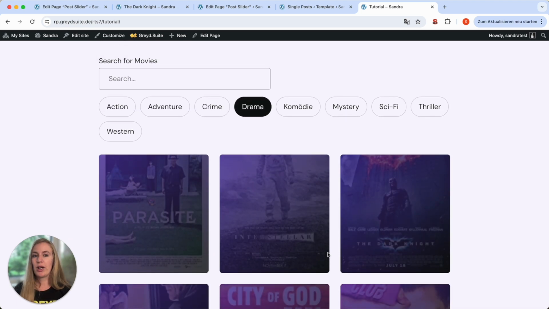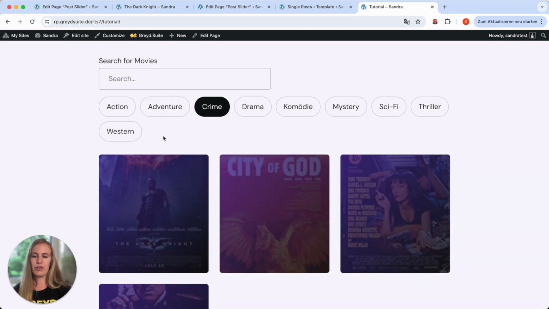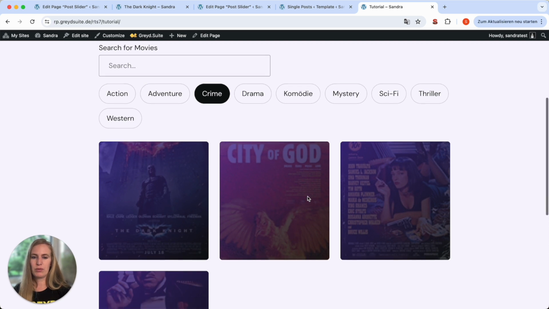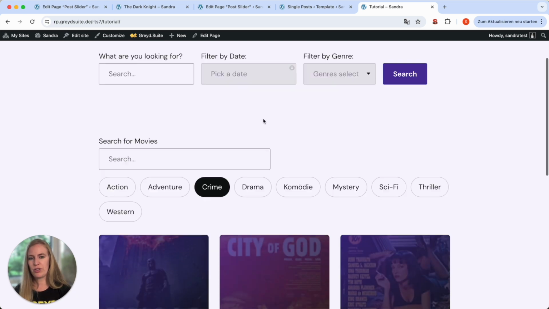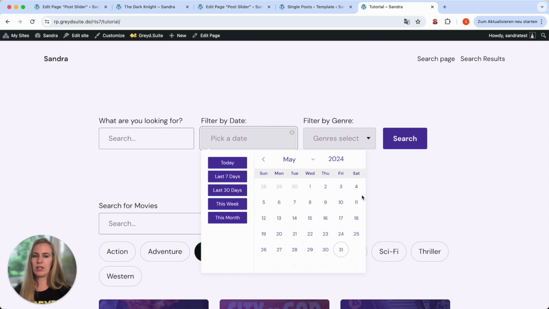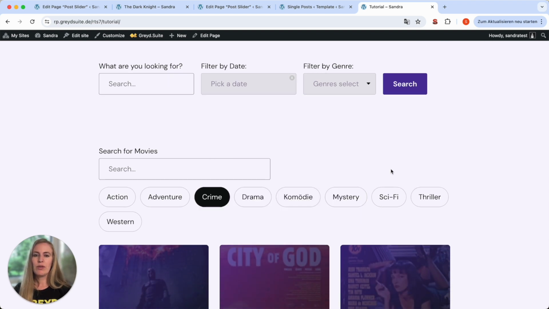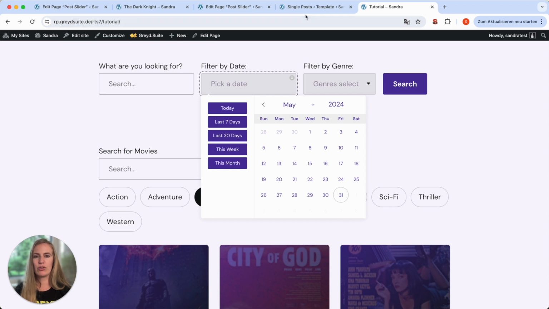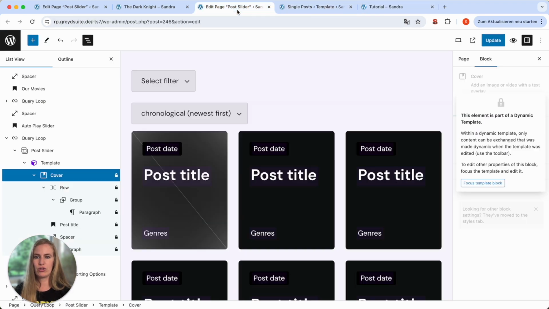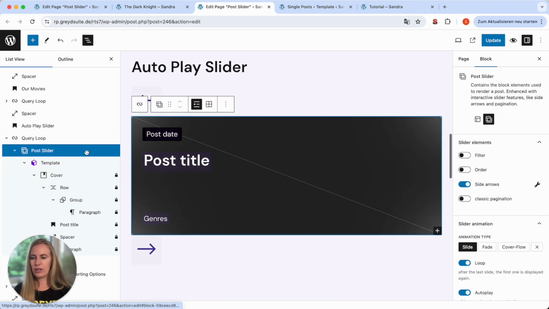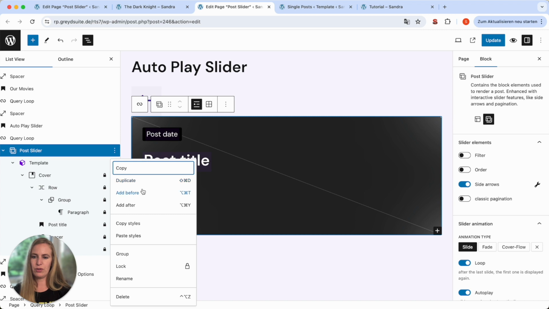So we have an interactive live search, and also we have much more sophisticated, more beautiful design and filter options here. Also, for example, we have date pickers and stuff like that. So if you want to have an interactive live search or have more advanced design options when it comes to filtering, then you should use our live search. And to do that, all you have to do is add the block Great Search